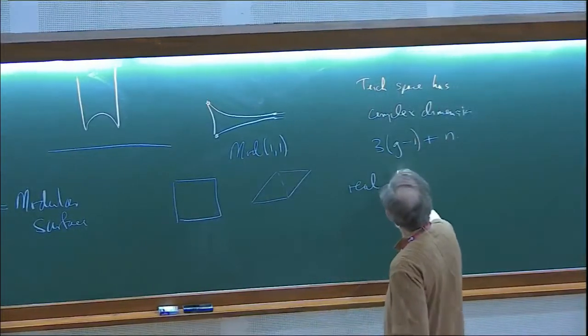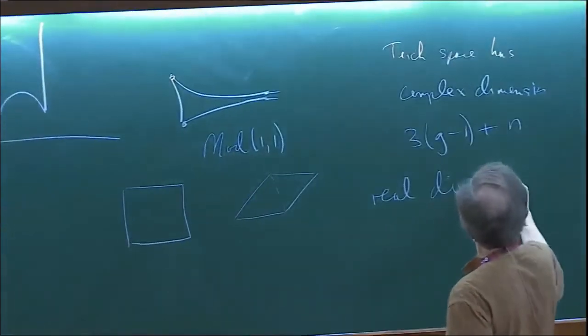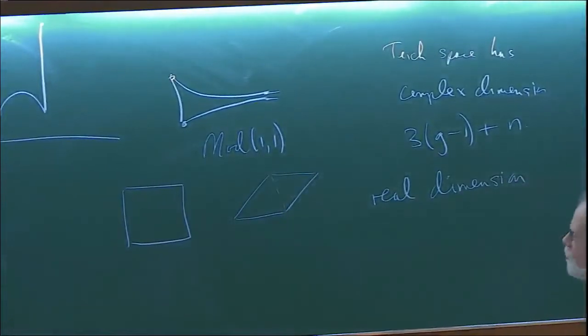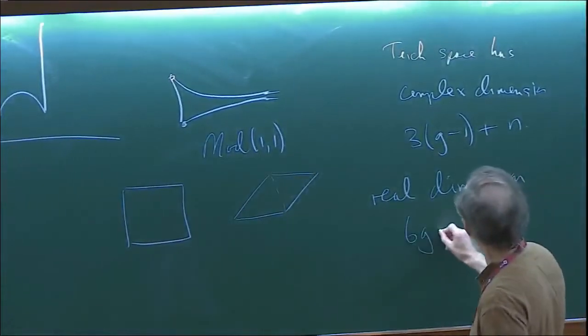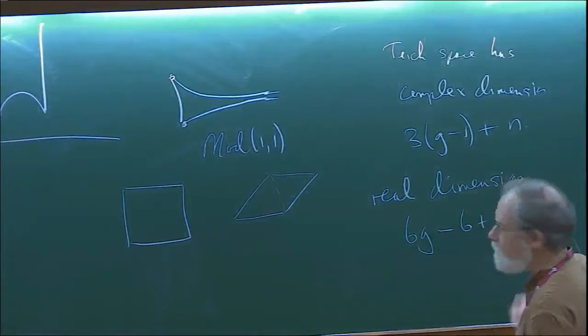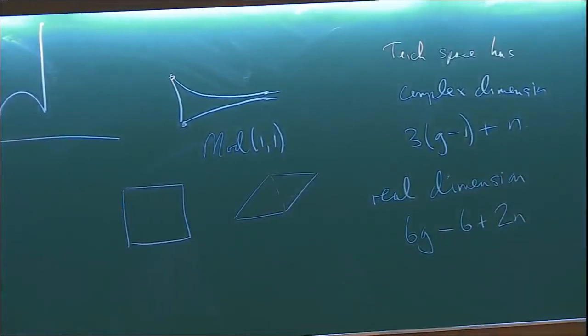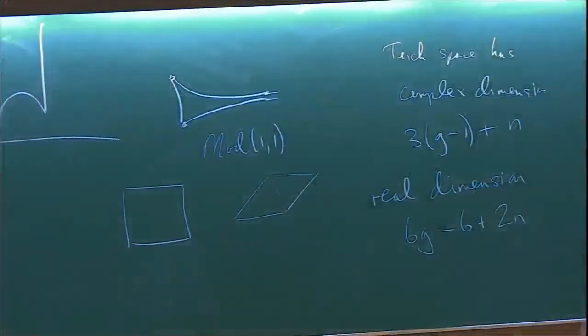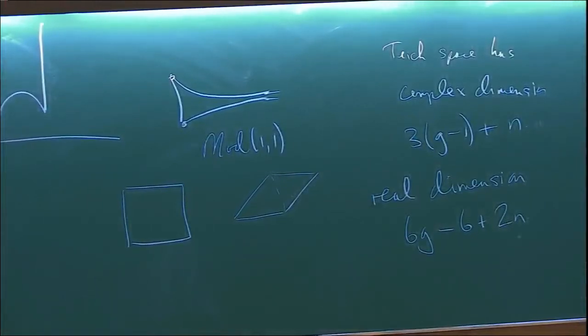And so if you are a naive person and think about real dimension, the real dimension is 6g minus 6 plus 2n. And so when n and g are both 1, you get 1 here and 2 there, which is consistent with what I drew. And Teichmüller space actually has a complex structure,